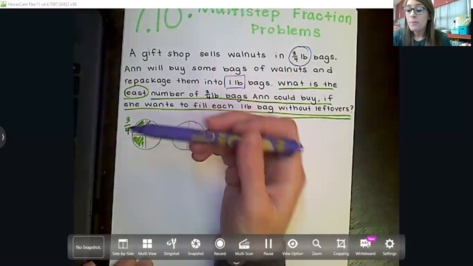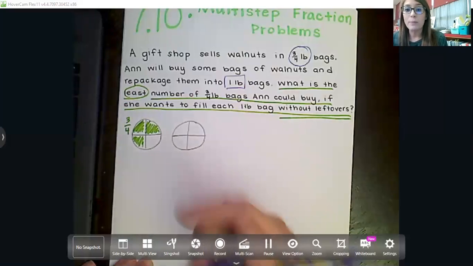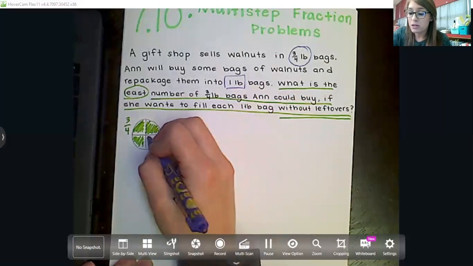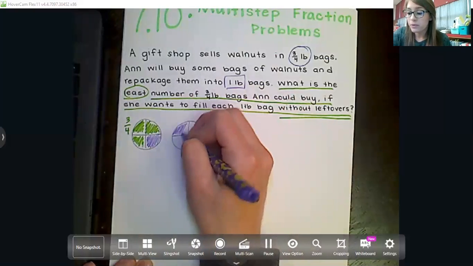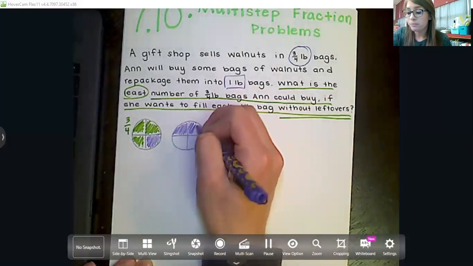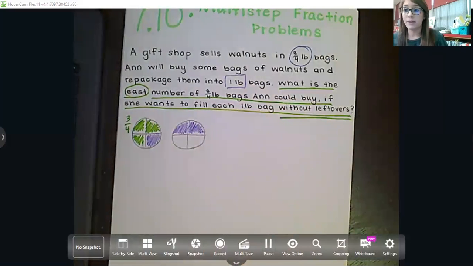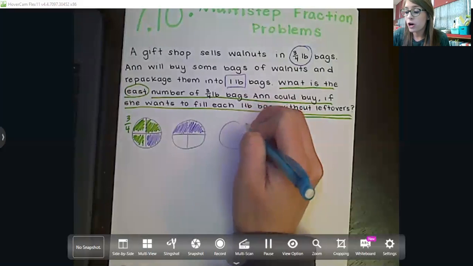Okay. I'm going to change colors and shade in to represent the second bag of walnuts. So here is 1/4, 2/4, 3/4. Have we filled up another bag yet? No, we have not. So Anne is going to have to purchase another bag of walnuts. So here is a third bag of walnuts,